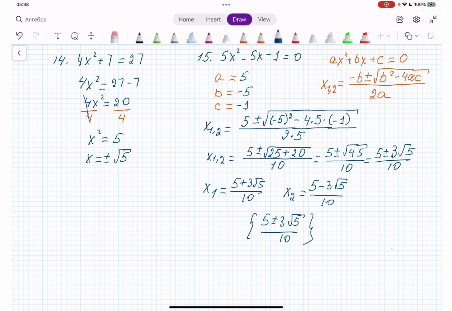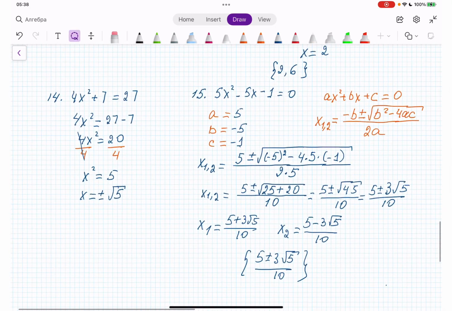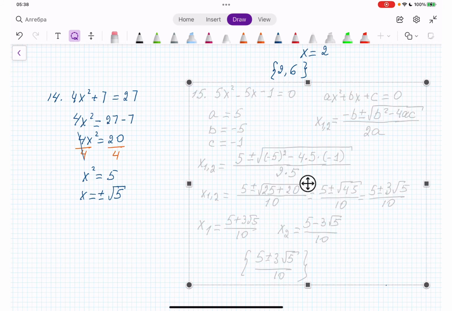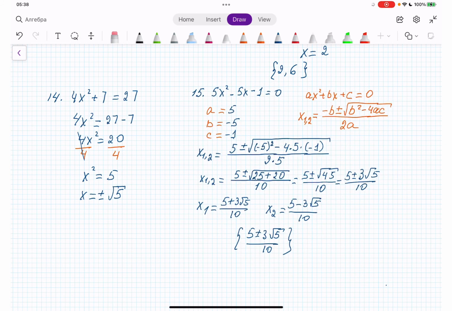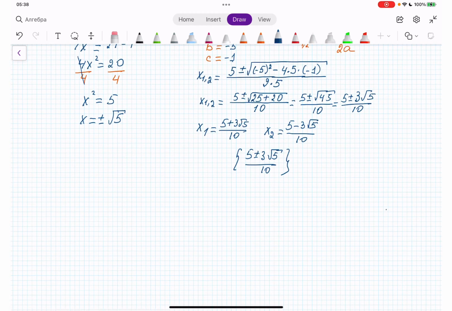Okay, we are done with this. Moving to number 16. Let me combine this, make it look more compact. There we go. So moving to number 16. What do we have here? X squared minus 6x